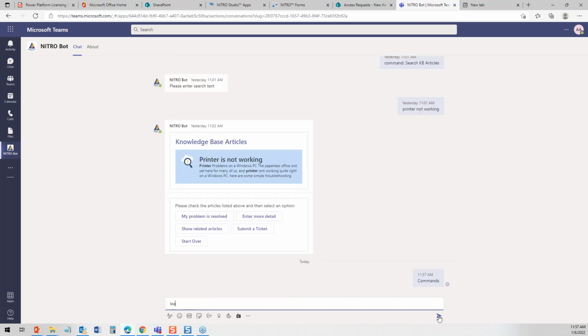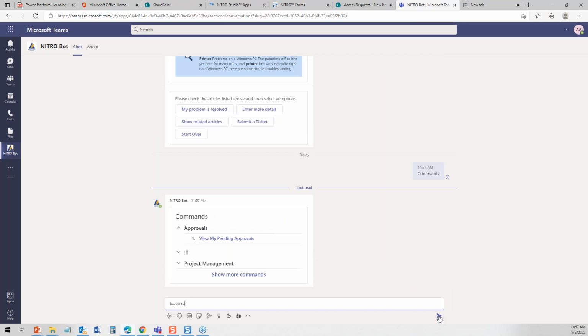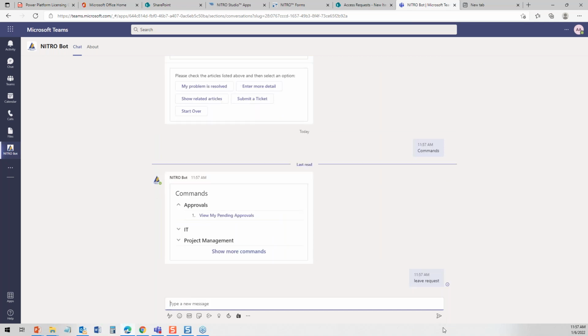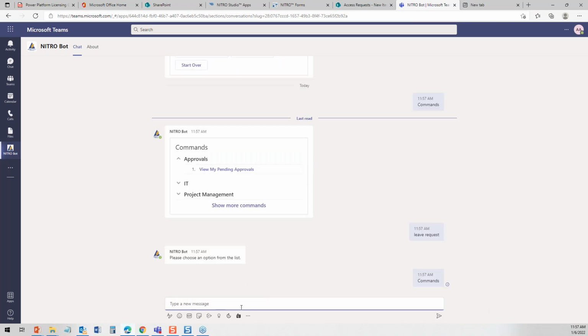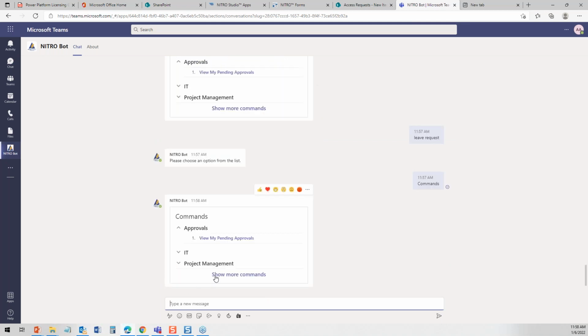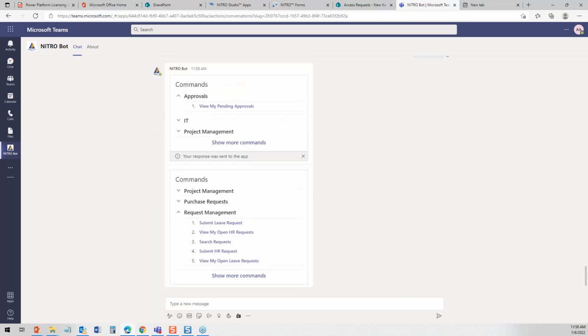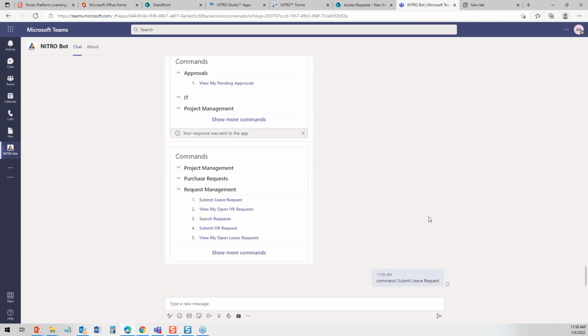If I want to do a leave request, for instance, let's see if this works. It's going to come up with a form. Okay, I got to go back to the beginning here. I kind of tripped over myself a little there. Let's go here, and we're going to say leave request. It's down here in the commands. Anyway, submit a leave request, and it comes up with a form here